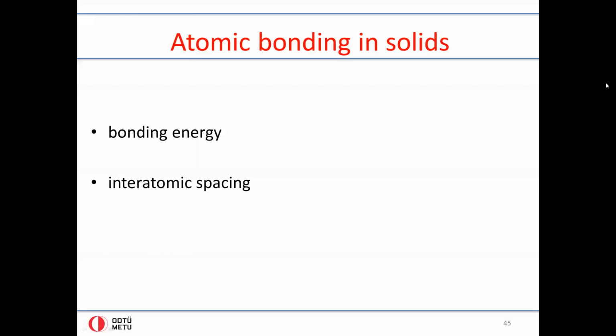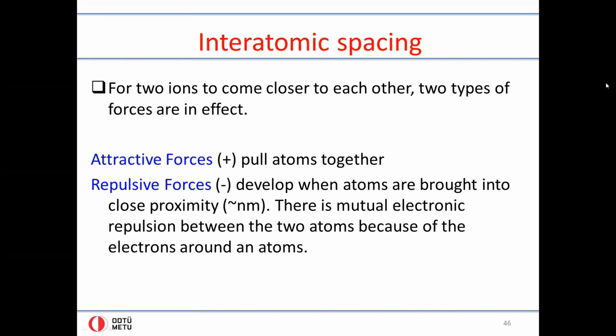So bonding energy and interatomic spacing together determine, or define, the bonding in solids. And to describe this further with the example of an ionic bond, so when two ions, one of plus and